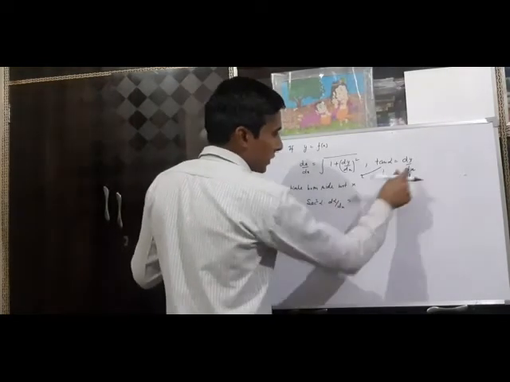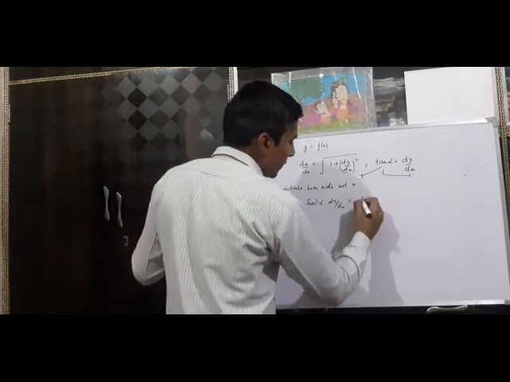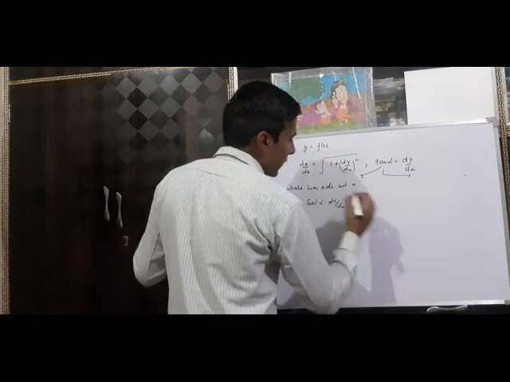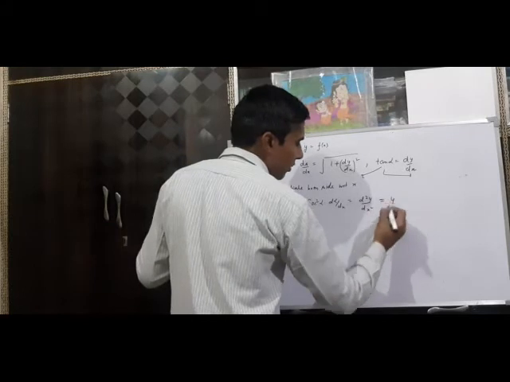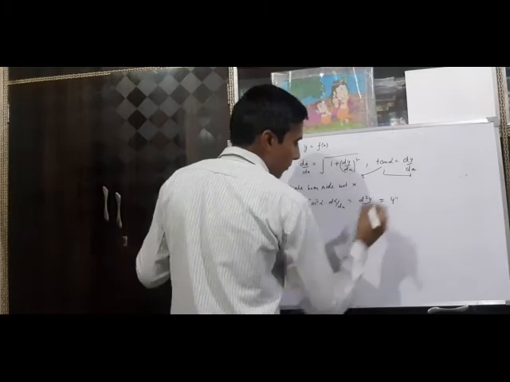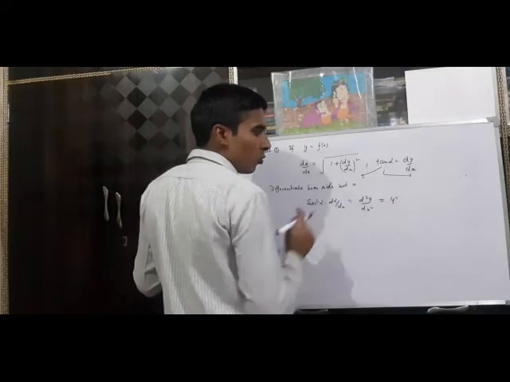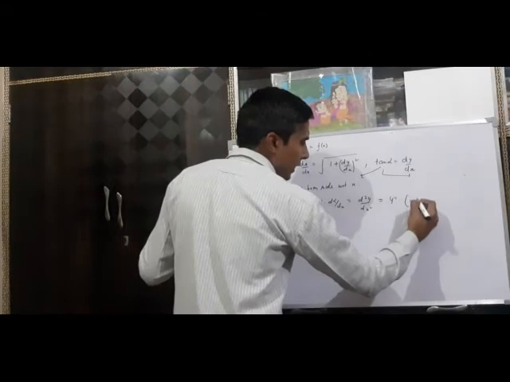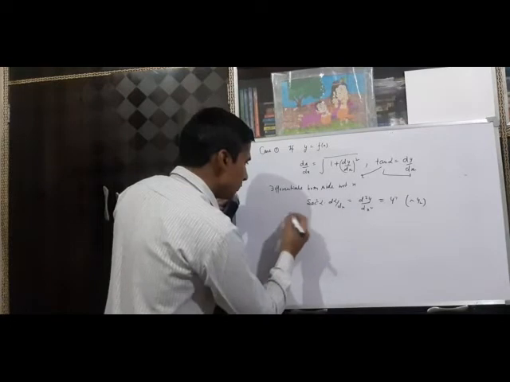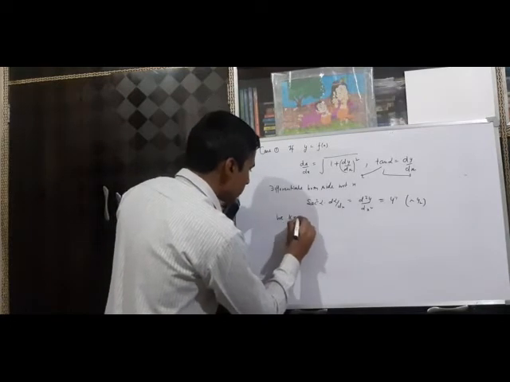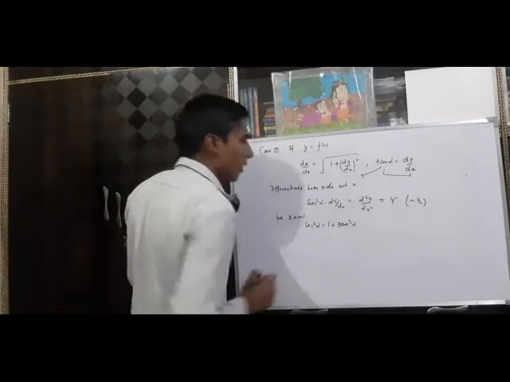And because we are differentiating with respect to x, the right side can be written as d square y by dx square. Or in other words, we can rewrite it as y double prime. This y double prime means second derivative of y with respect to x. Or in some books it can be written as y2. y2 is the second derivative of y. Now as we know, sec square alpha is 1 plus tan square alpha.